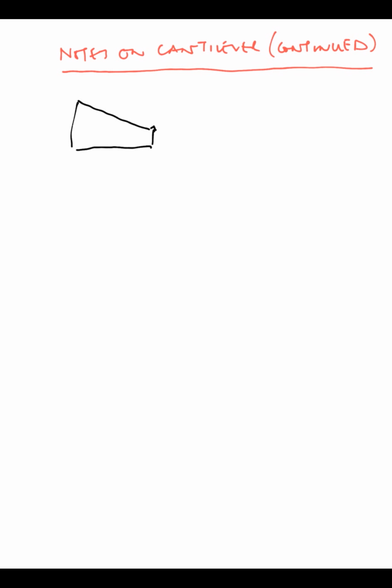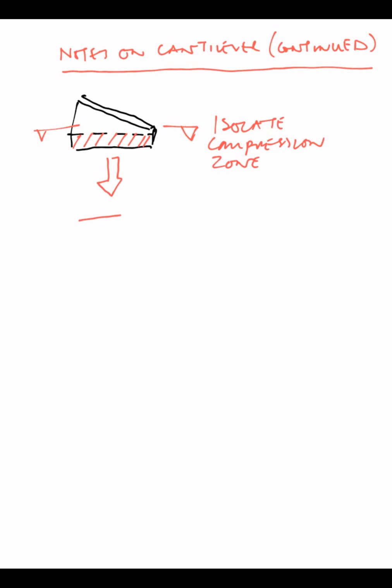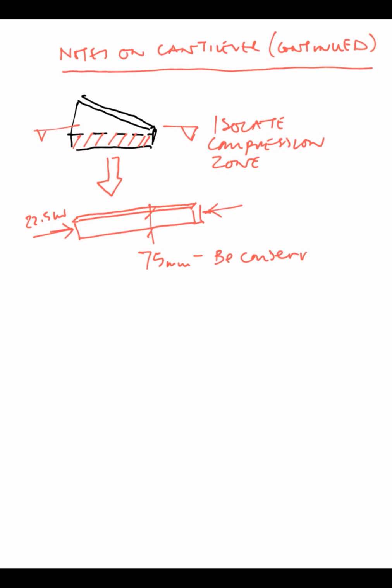So let's draw out again the beam, and there's your compression zone, and let's isolate this part of it, and we will decide what the depth of it's going to be. So let's isolate it as if it was a strut. This is a conservative estimate. So we've got 22 kilonewtons. We're going to assume it's 75 millimetres deep. It's worth being conservative at this stage. It's not going to be any more than half the depth, it's going to be less than that. It's 12 millimetres thick,